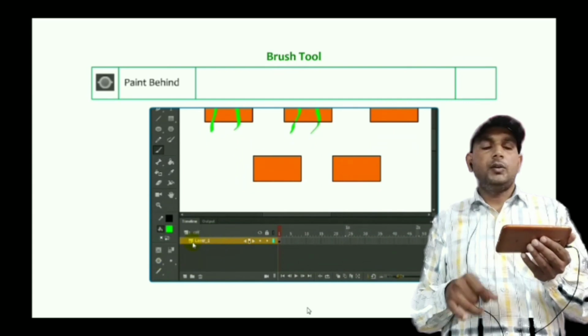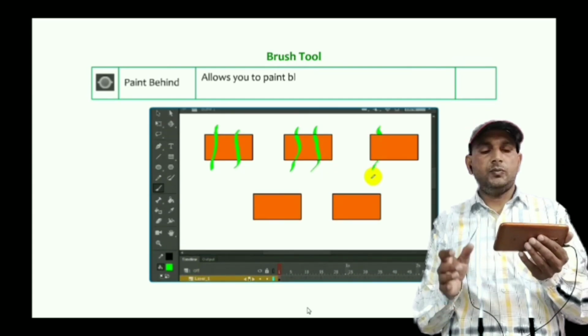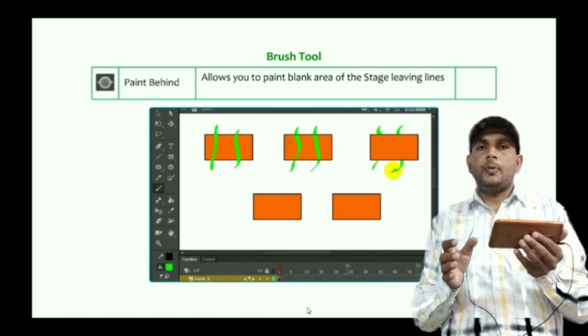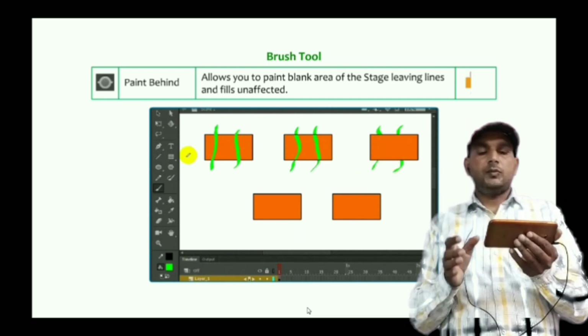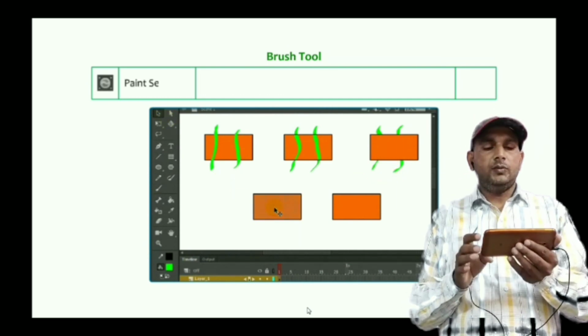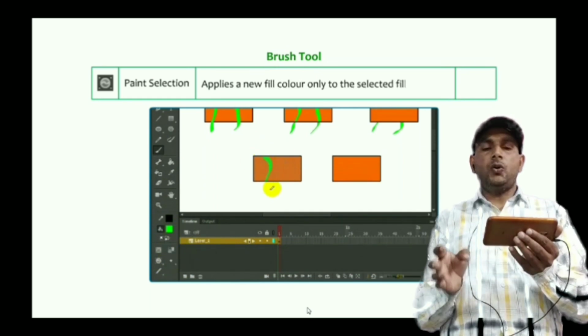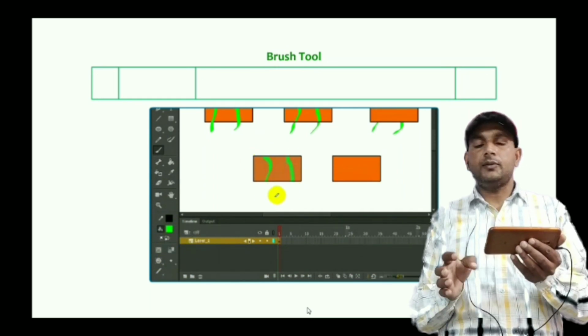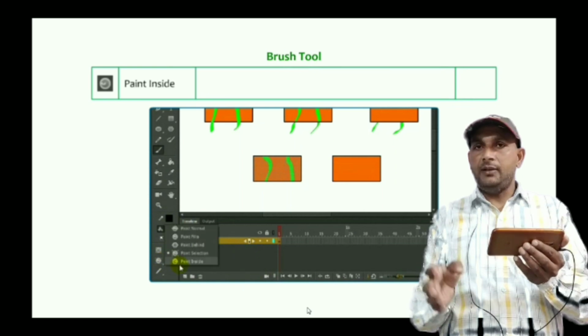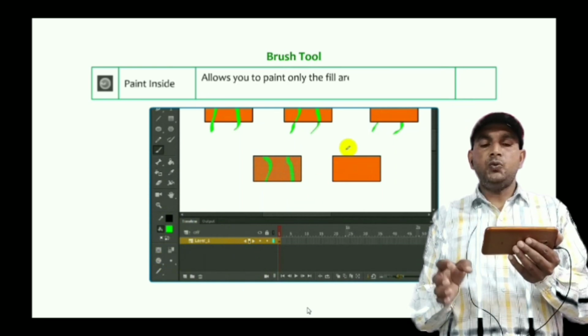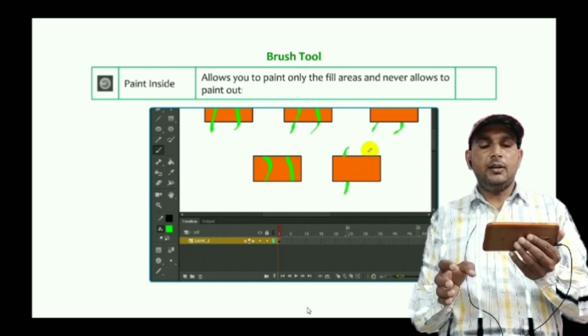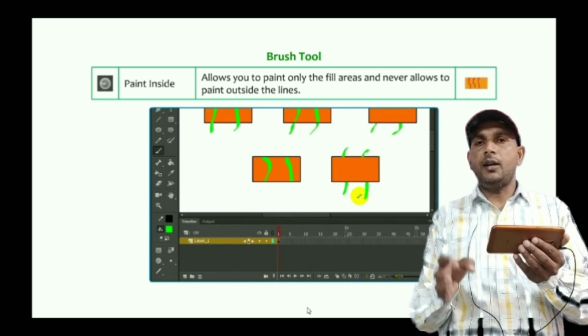Next is Paint Behind, which paints the blank area of the stage, leaving lines and fills unaffected. Paint Selection applies a new fill color only to the selected fill area. Next is Paint Inside, which allows you to paint only the fill area and never paint outside the lines.